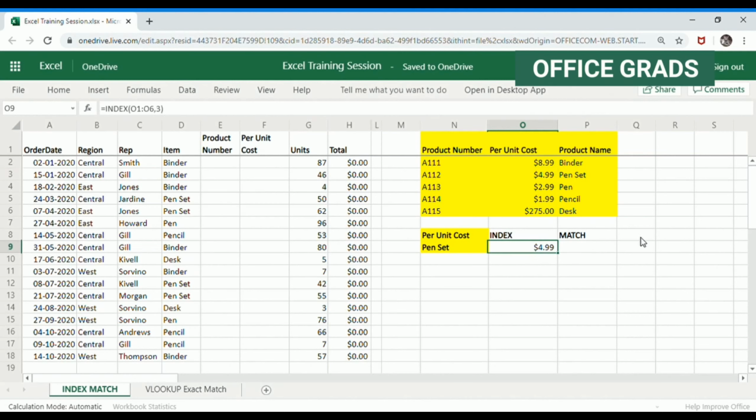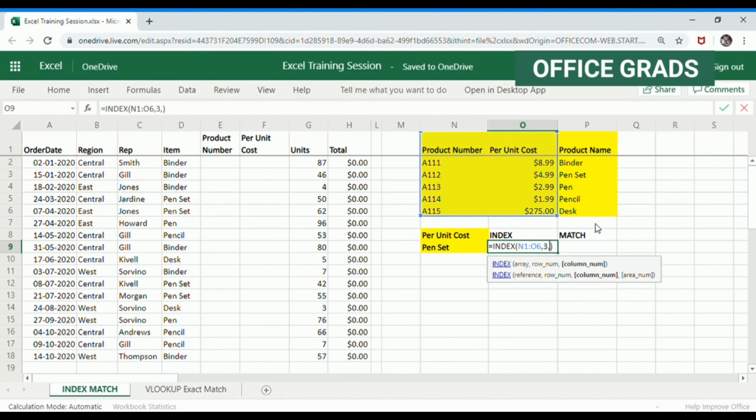Let's try using two columns and find out if it works. I am going to press F2, and instead of O1 to O6, I am stretching it to N1 to O6. You would notice that I have two different columns and six different rows, and I have already updated the row number, but I need to mention from which column I'm looking to fetch the information.